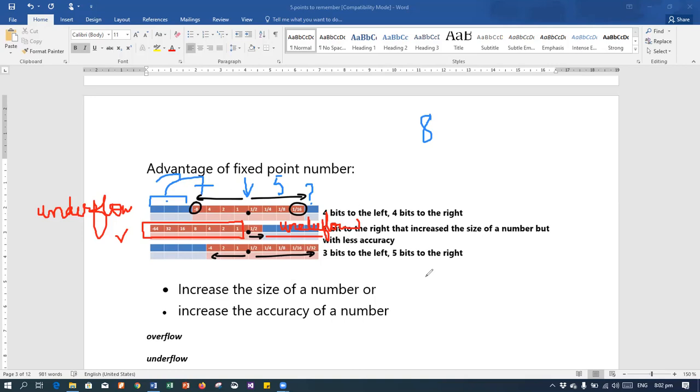I understand if the value is too big, it's overflow. If the value is too small, it's underflow. That's what I got. Add a clause to it: if the value is too big to store in the available bits, that's overflow. Okay? Is it clear now? Yeah. And what would be the definition of underflow? Too small to store in the available bits.